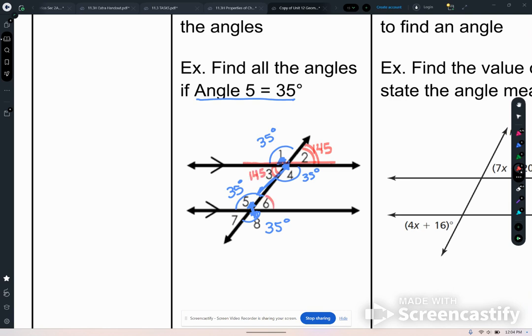And we know that angle 6 is 145 because they're alternate interior or corresponding with 2. And then we know angle 7 is 145. Again, they're either vertical, corresponding, or you can even say that 7 and 5 are a linear pair, so they add up to be 180. Any of those reasons